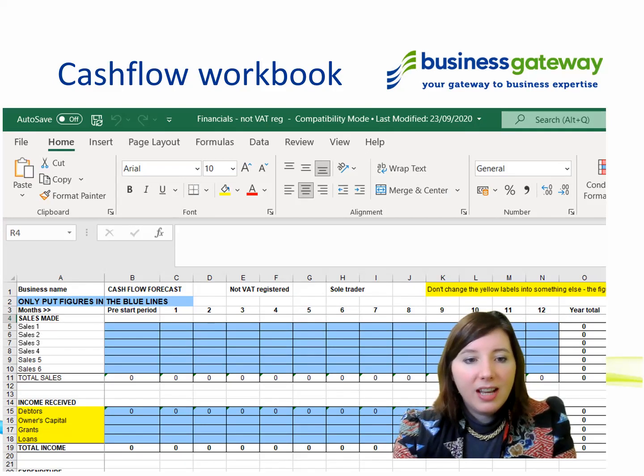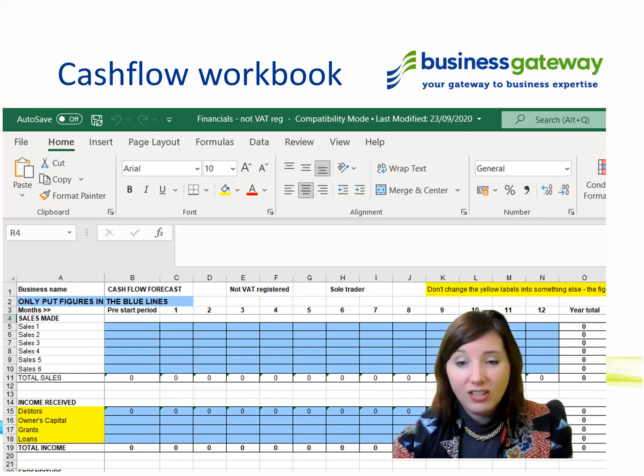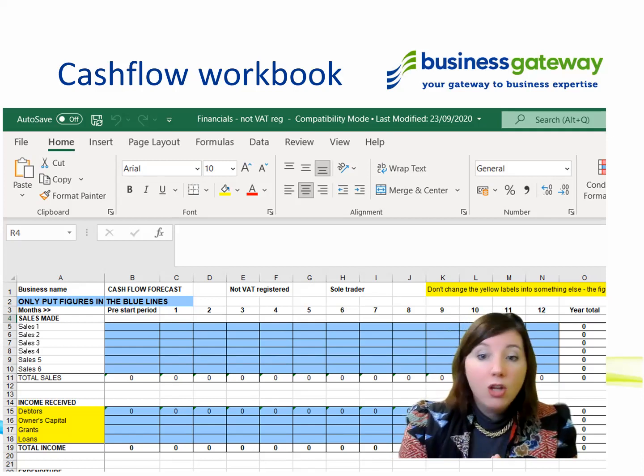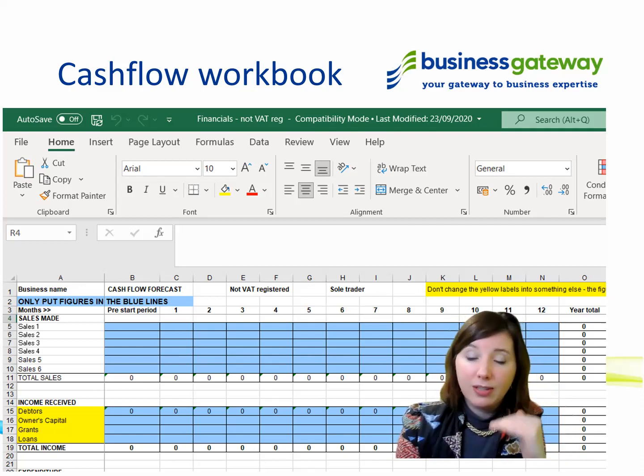You'll see that there are 6 different income streams here. That's basically so that you can sort out different types of product or service within your business. So if you're a graphic designer, you might charge an hourly rate for ad hoc design fees. You might also have a kind of social media package that you sell. You might also have a branding package that you sell, and you might want to split those things up